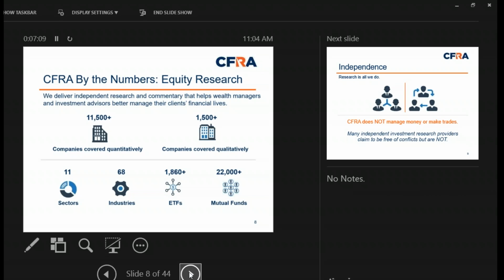In addition, Cfra's quantitative research covers approximately 11,500 global companies. Our analysts cover 11 broad sectors, 68 industries, approximately 1,800 ETFs, and over 22,000 mutual funds. Cfra aggressively invests in its employees, product offerings, and innovative technology to consistently bring enhanced value to over 2,000 global clients.